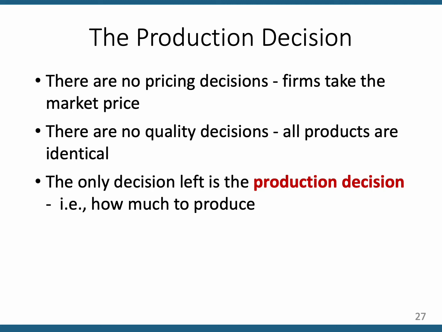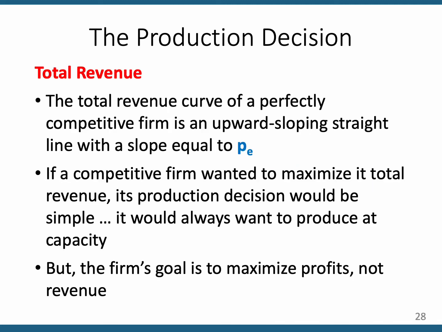Well, you would want to produce the quantity per unit time, per month, or per week that allows you to maximize profits. That's where we're going. We want to figure out how much a dairy farmer should produce to maximize profit. That's the only thing to decide on. In chapter 7, we talked about cost, and you're going to be seeing those curves again, but we didn't talk about revenue. So let's now talk about total revenue, because this is part of the decision. Remember, profit is total revenue minus total cost. So you need to think about revenue, and we're going to start graphing it.